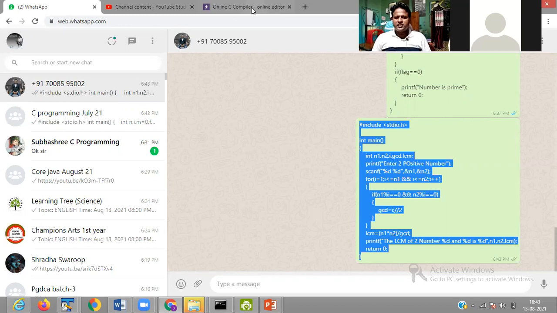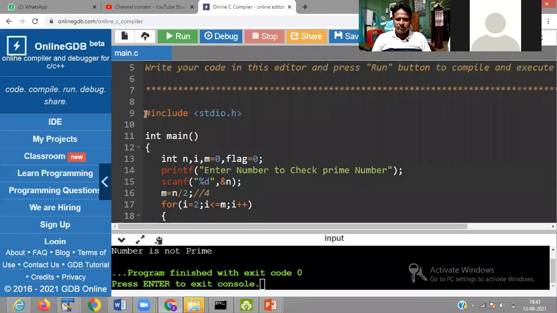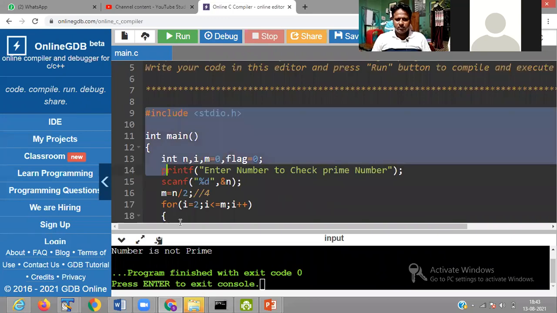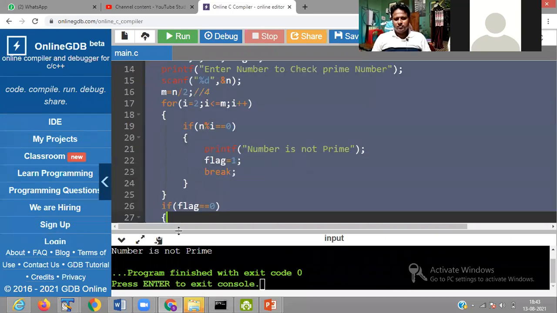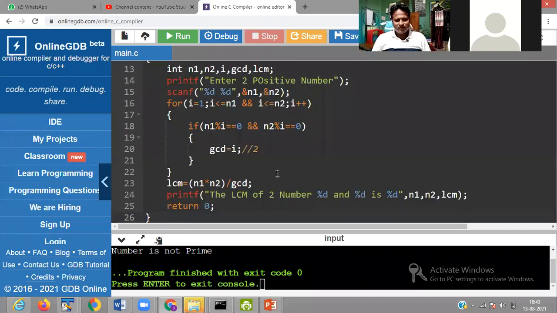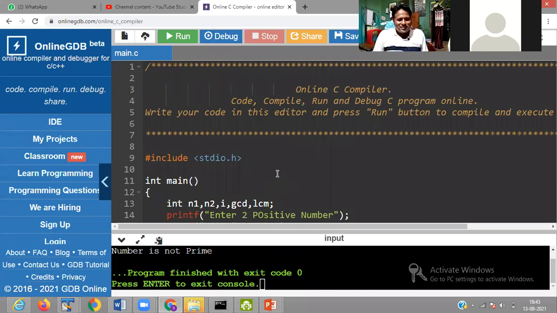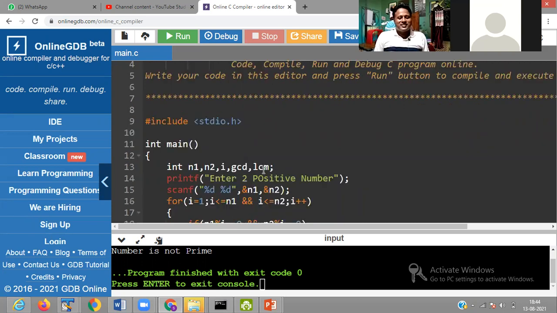Do you know what is LCM and GCD? Shubhasri? I know LCM. You are standard 8, you know. No, sir, I'm standard 7. Standard 7 means you know. It comes in standard 3 or 4. Sir, what LCM? LCM and GCD.